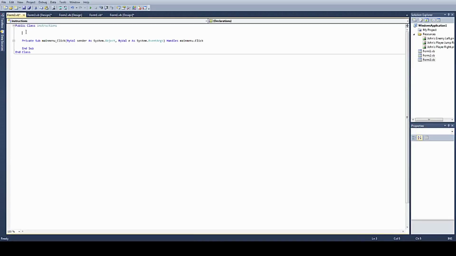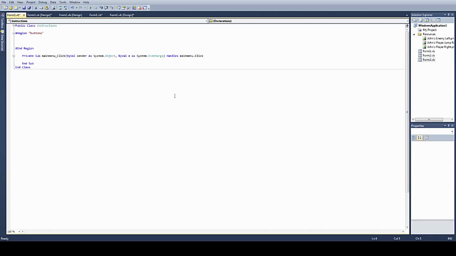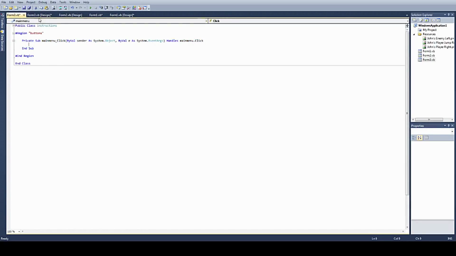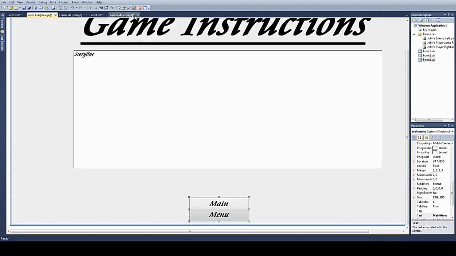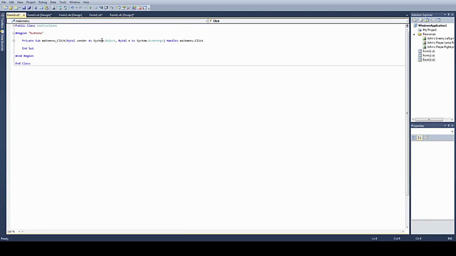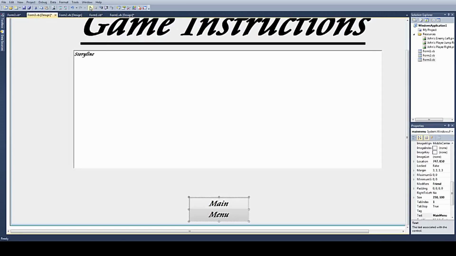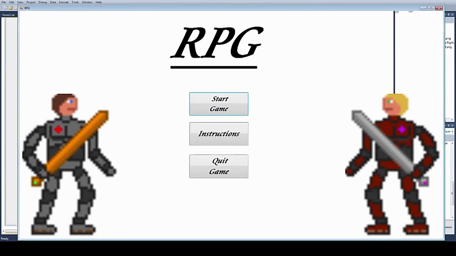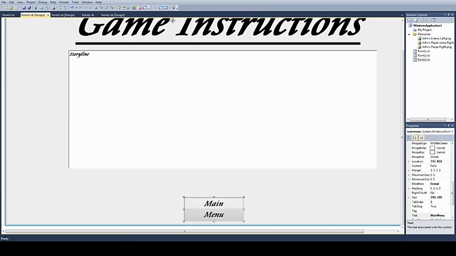So get another region. We'll throw the button into there. Okay, so this time we want it to close this form and go back to the main menu or title form. So we put title form dot show and then me dot close. So now if we run it, we can go on the instruction form